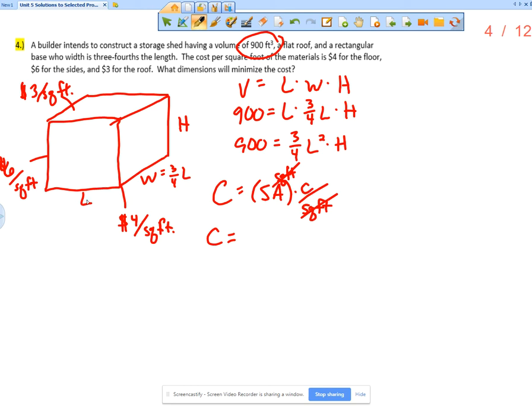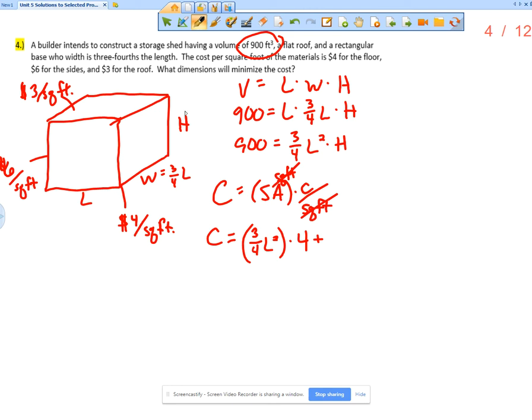So let's say the surface area of the bottom. That's going to be L times W, or L times 3/4 L, which would be 3/4 L squared. Now that's the surface area, so we're going to multiply that by the cost per square foot, which is 4. So that's the cost of the floor. Plus, now we've got